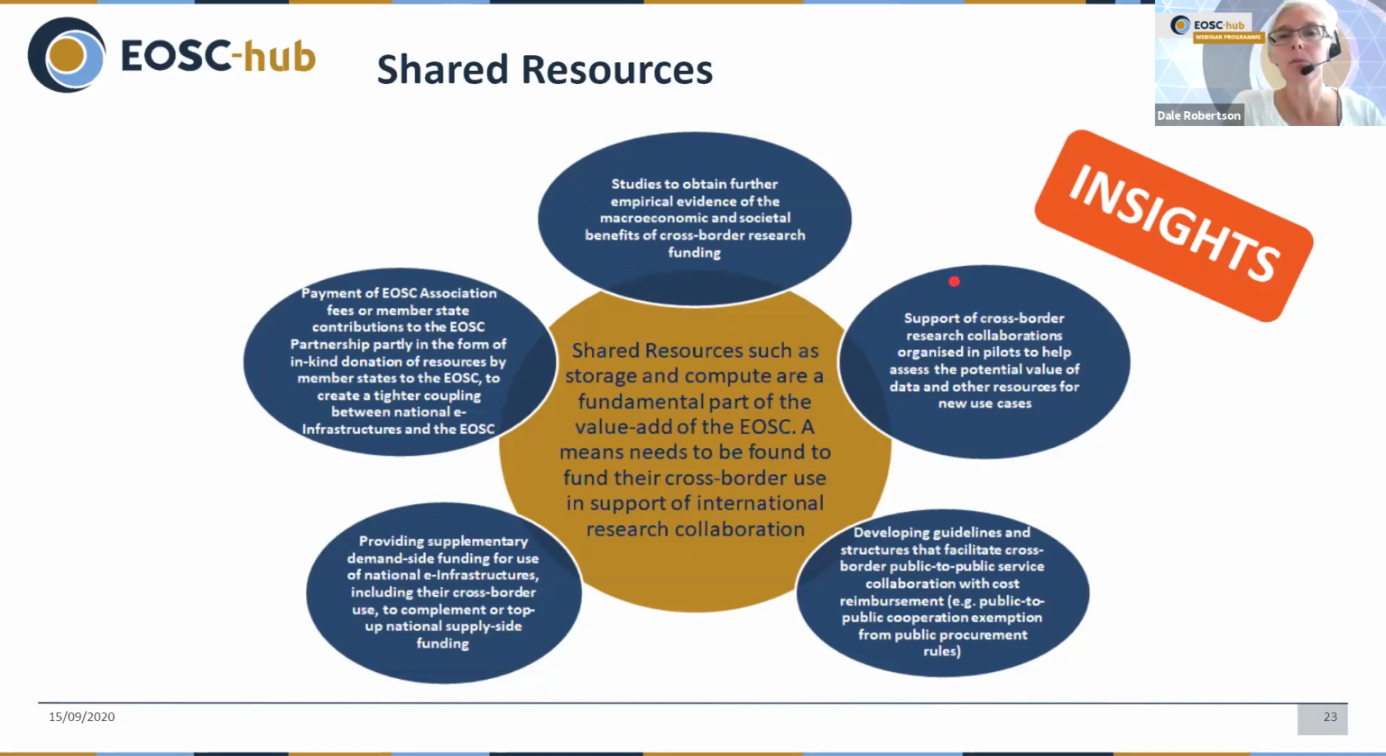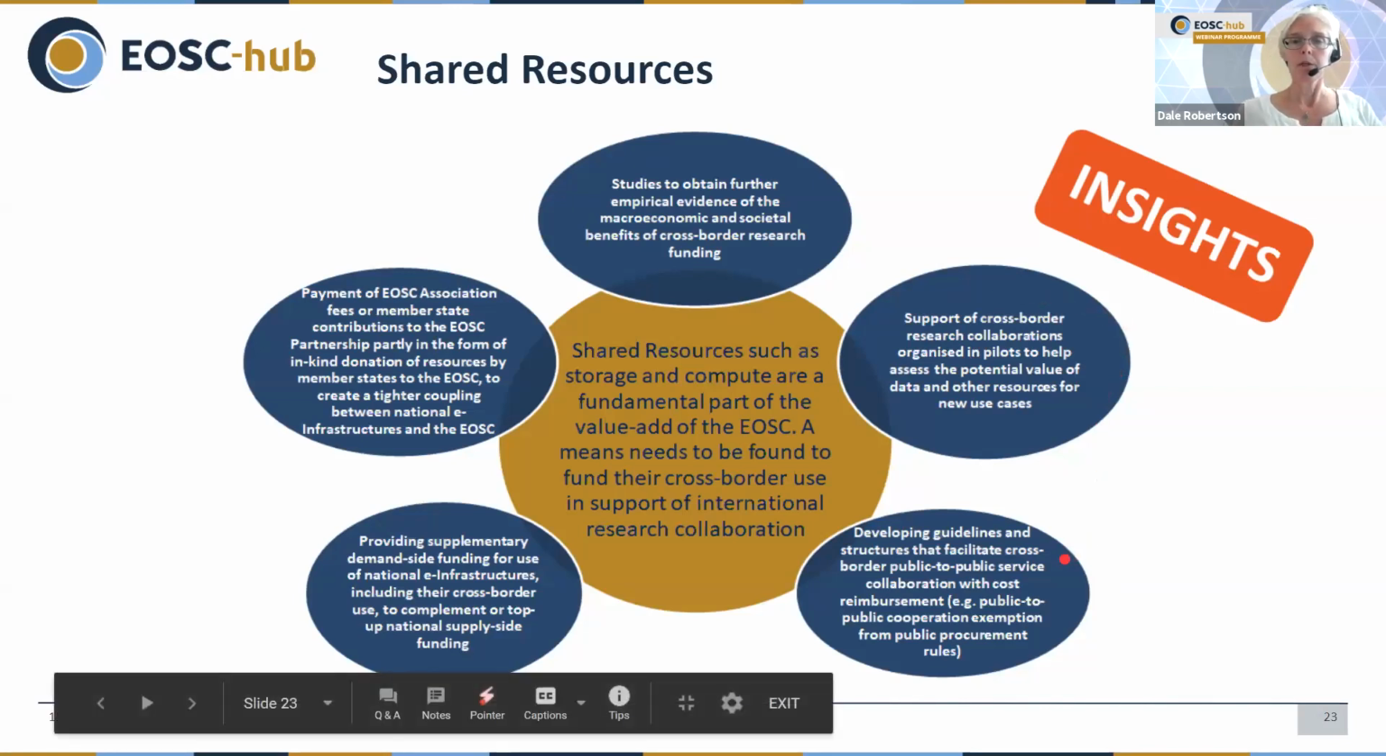Secondly, to organise pilot cross-border research collaborations would be helpful to help to assess the potential value of data and other resources for new use cases. So helping to identify cross-border use cases that would benefit from use of the shared resources. I think that would be useful as well to just have further evidence of the need for them. Thirdly,